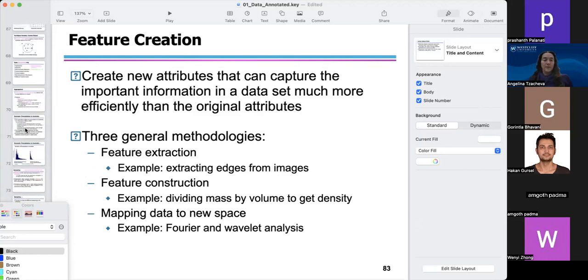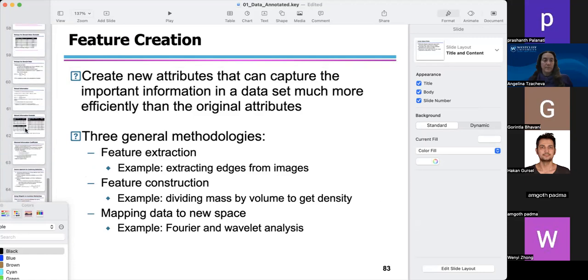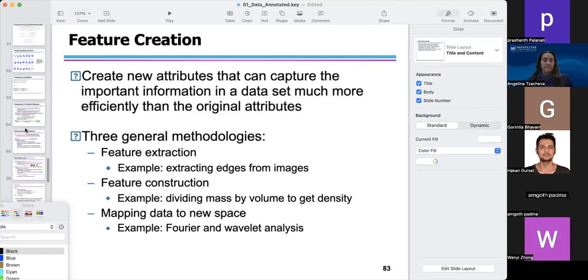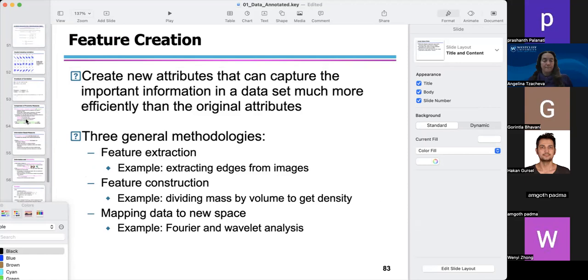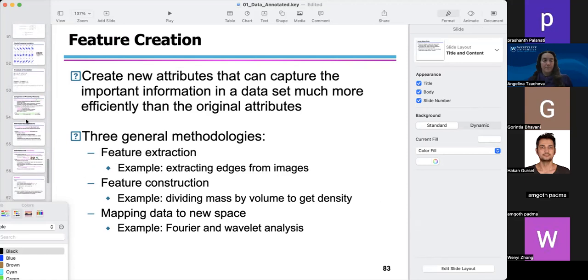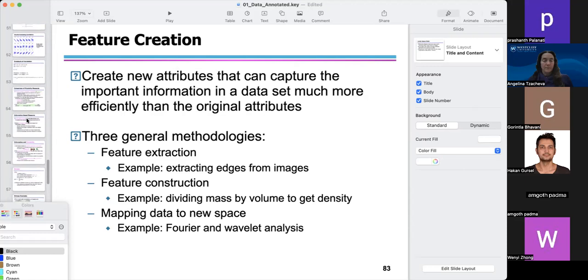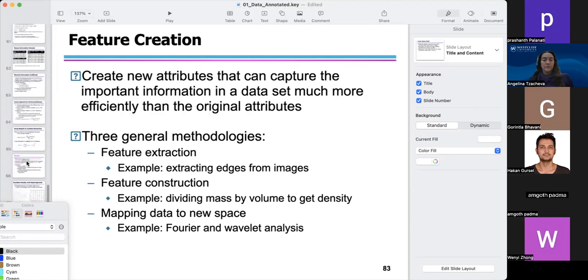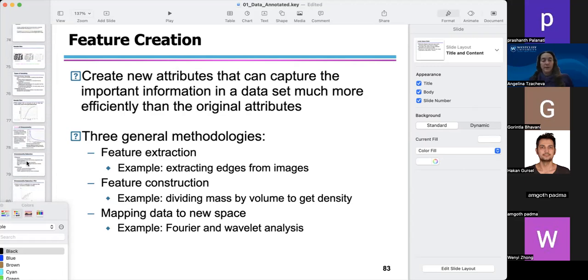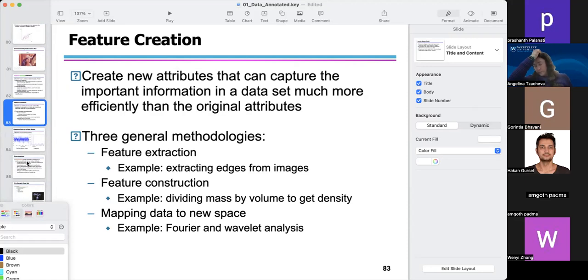Going back to our list of pre-processing steps, the next item that was listed there is feature creation. There could be attributes that we don't need, and we would remove those. It's a very important step for us, but